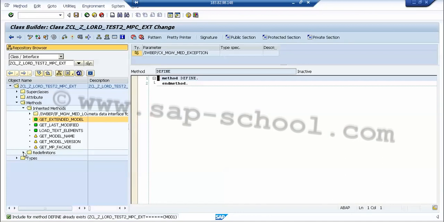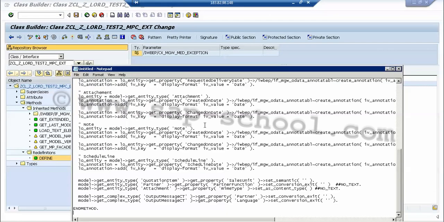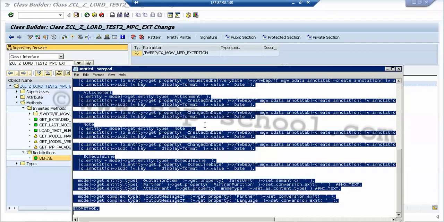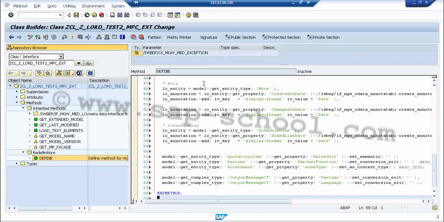If I expand this redefinition now, I can see the define method here. I can just double click this and copy paste the code which we have taken from the standard one. Once this is done, we have to choose the check consistency button.